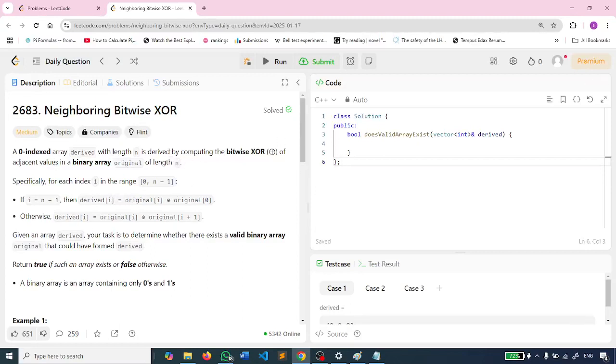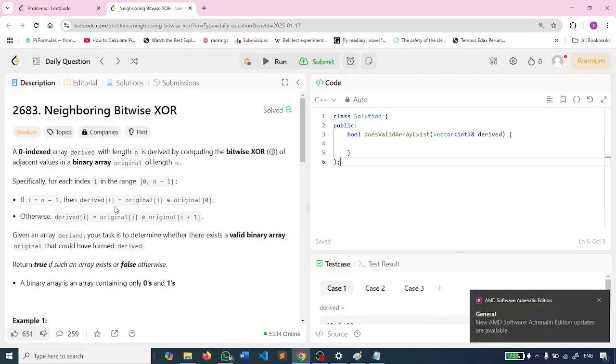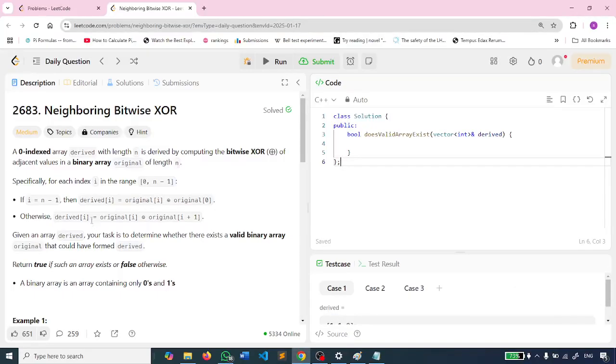They are not describing it formally. If i is n minus 1, then derived[i] equals original[i] XOR original[0]. Otherwise, it means